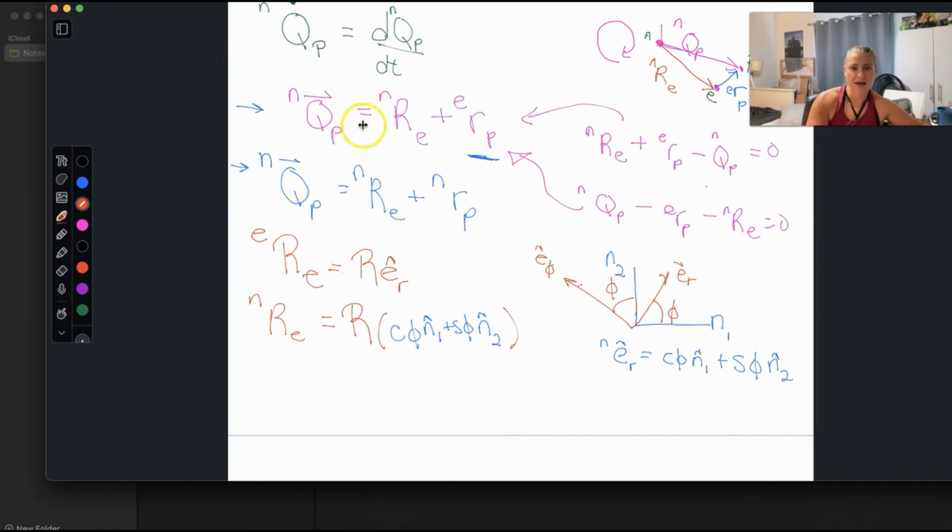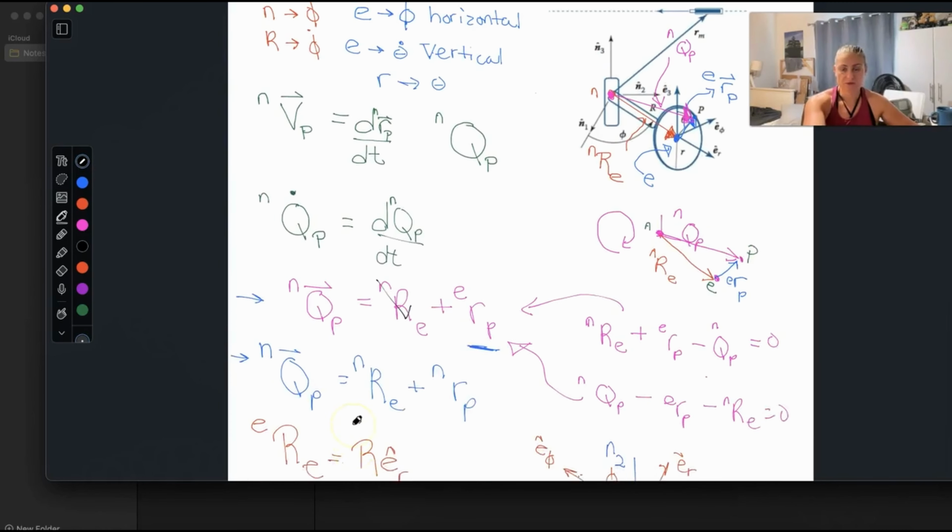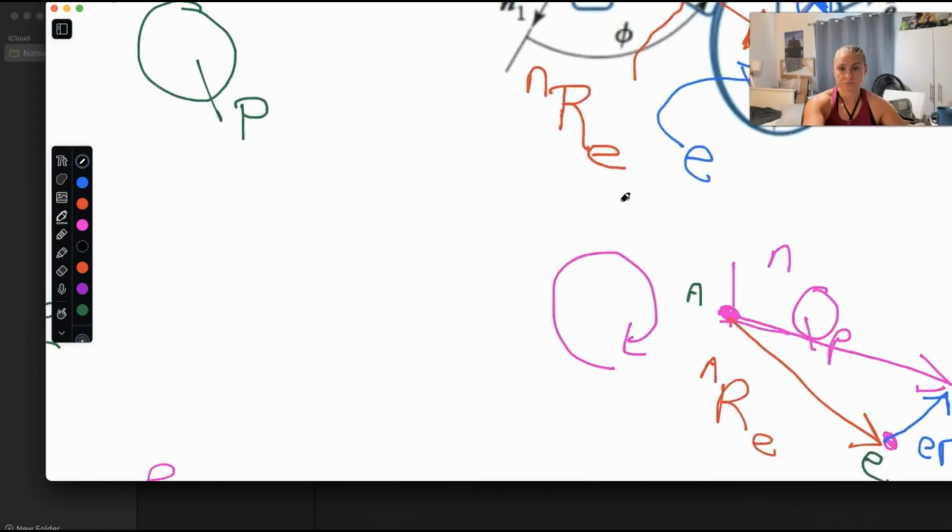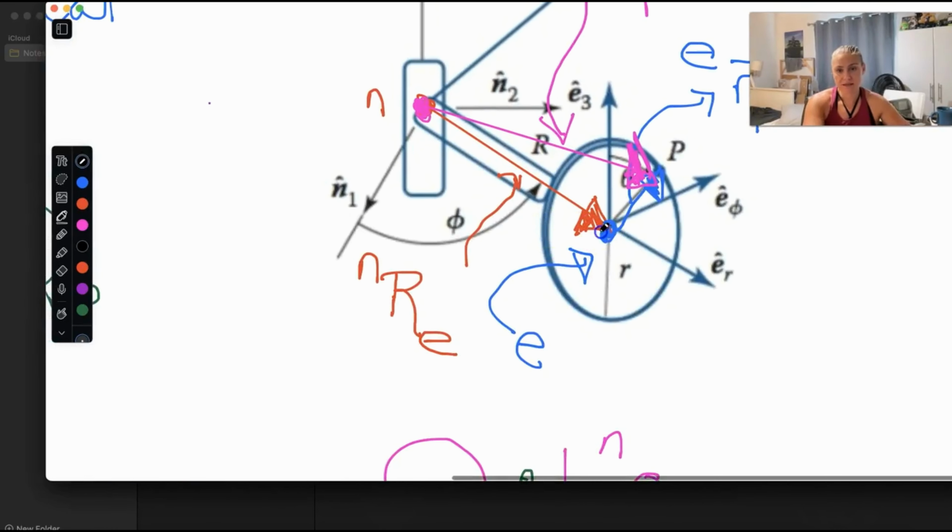And now I have this term. So now I need this term here. How do I get that term? So now I'm looking for the position vector of P, and we want it in the E frame. So if I go to my picture here, I'm looking for little r, RP